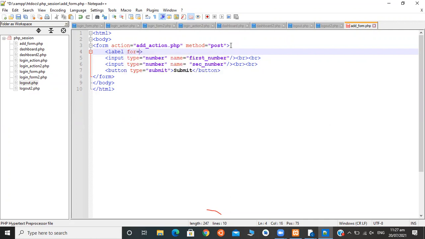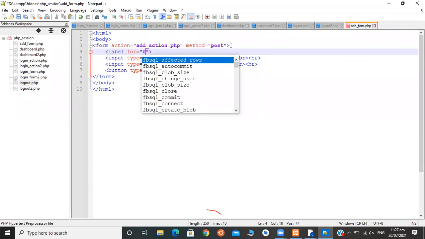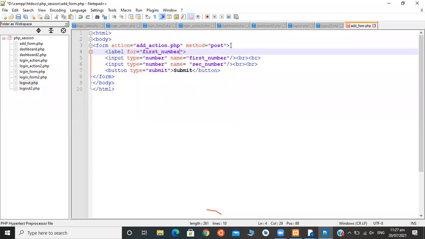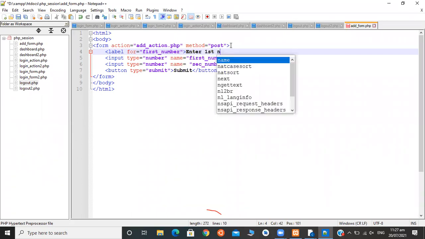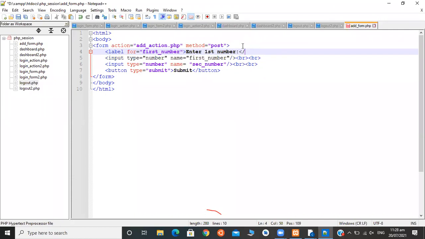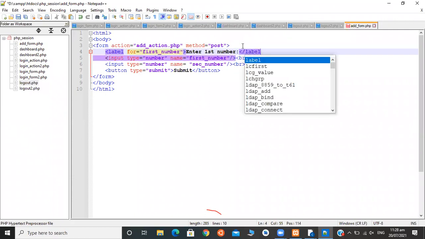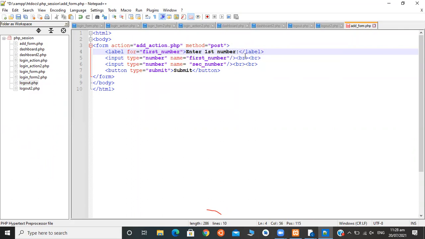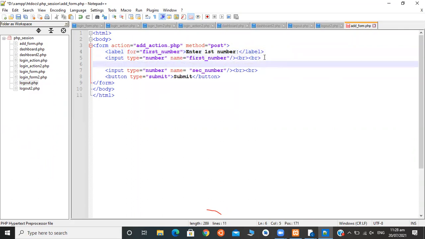And the label name, enter first number. Slash label. Then again here for the second one.